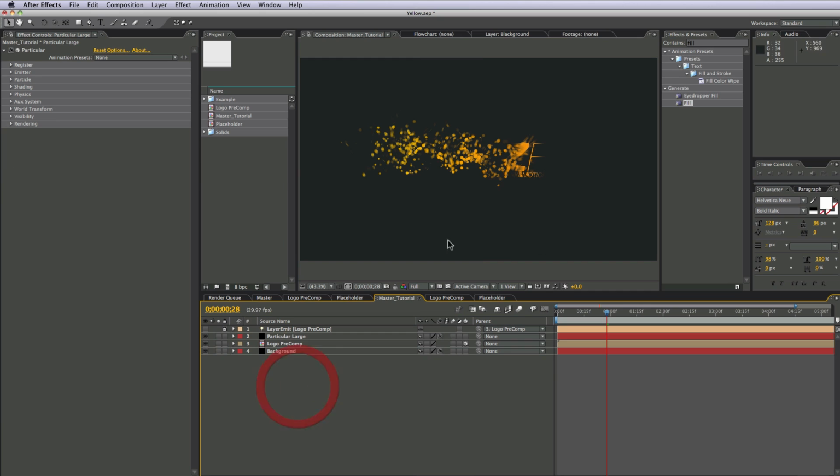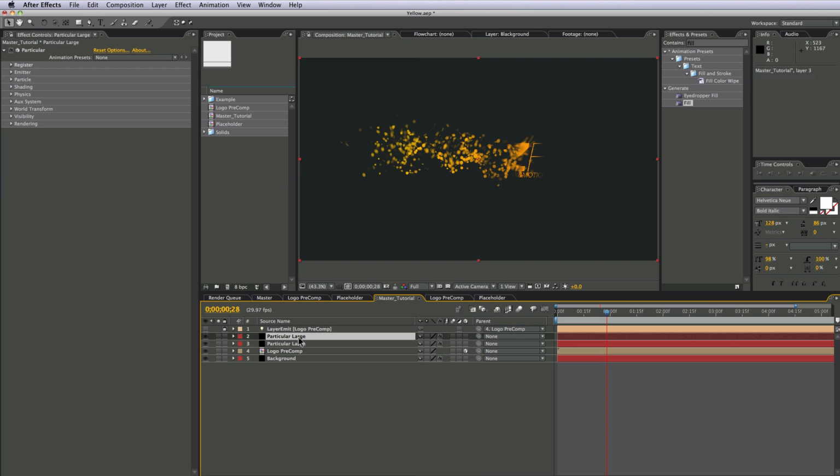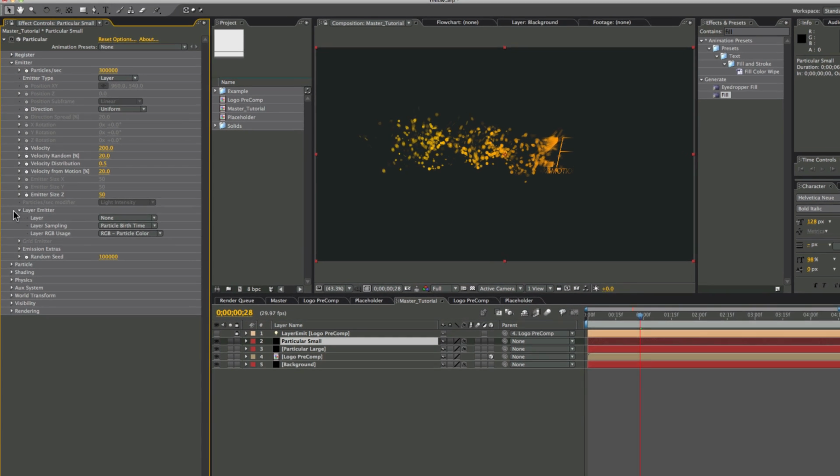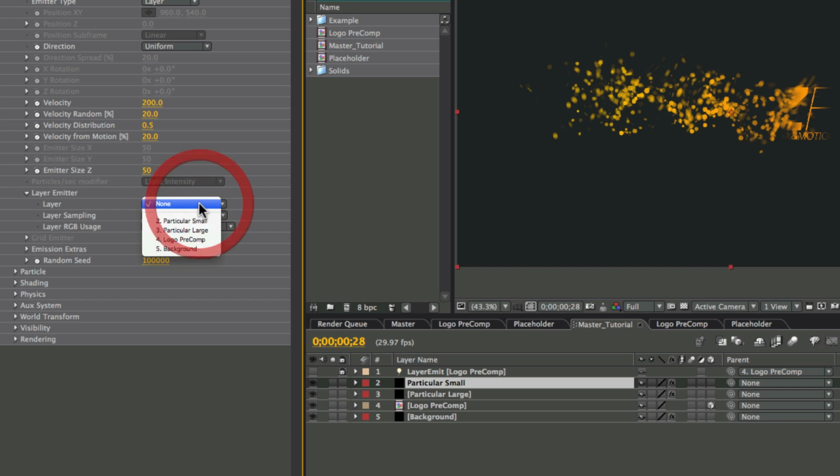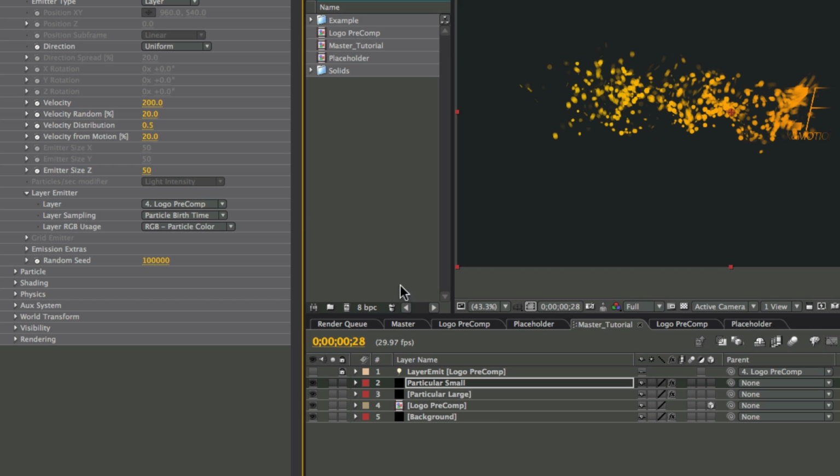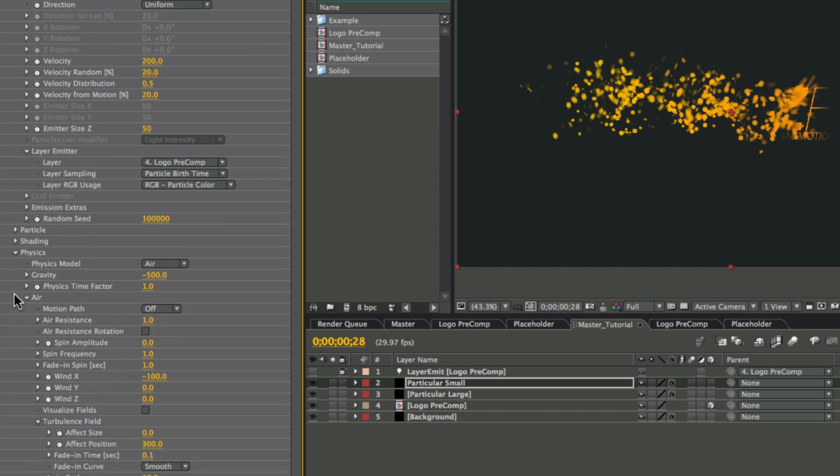So to make the small particles, all we have to do is Control C, Control V, or Command C, Command V if you're on a Mac computer, and we're going to rename this to Particular Small, and then all we have to do is select our Particular Small layer, and we're going to need to select the layer emitter again, so we're just going to select the logo pre-comp, the same as the large one,